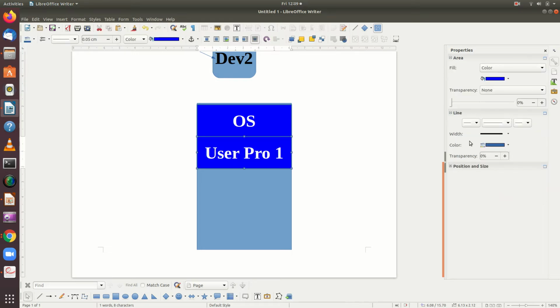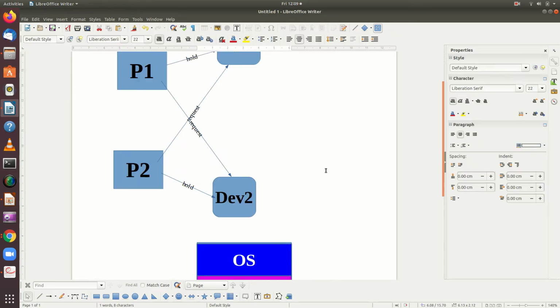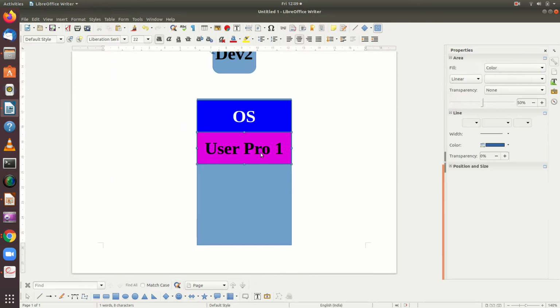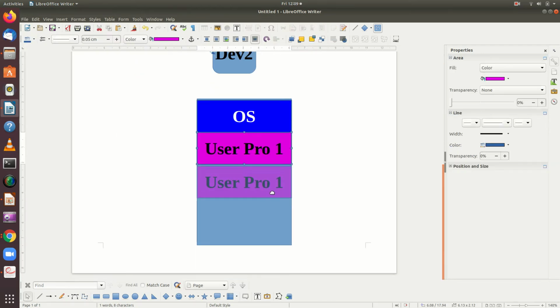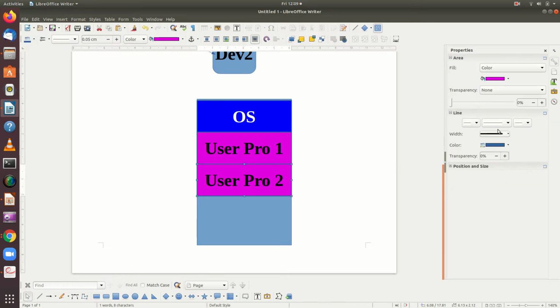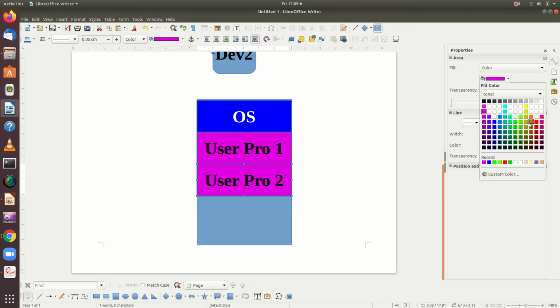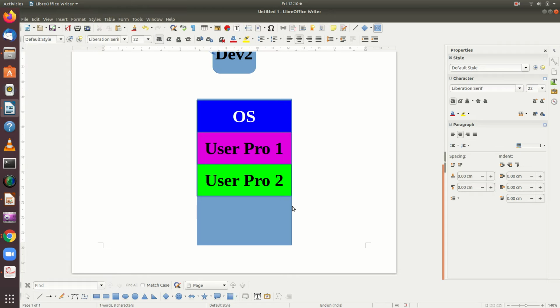Okay, then you will have user process 2 allocated here. Okay, so this is how the memory will be allocated.